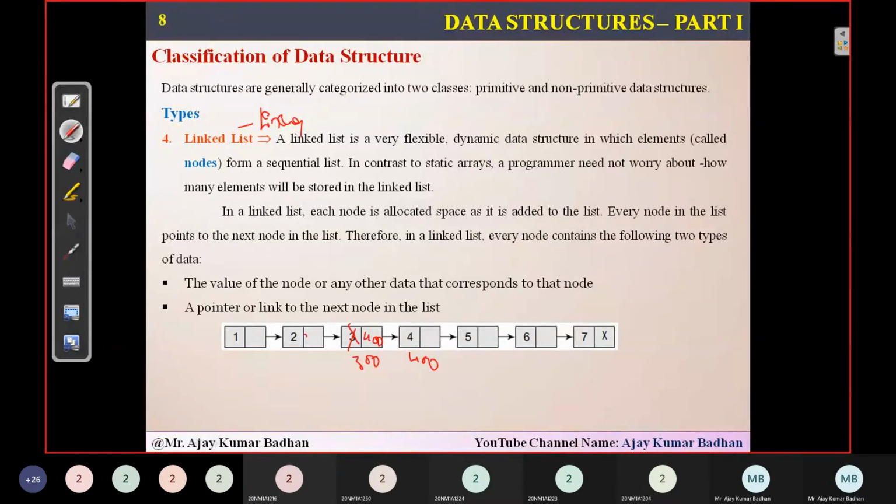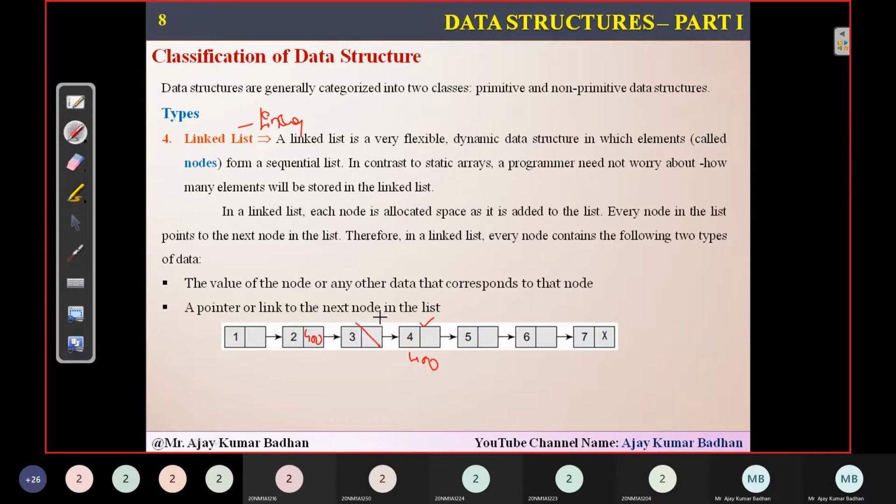I want to remove this variable 3, meaning this block I want to remove. So if I want to remove this particular block, what do I need to do? I simply have to remove the address from the previous block. And since it is a chain formation, if I am removing this one, this should be coming forward. So what is the address for this block? We have 400. So this 400 will come here. And so immediately this particular block has been removed. You can see this particular block is removed, and there will be a direct link to this. This block doesn't exist now.